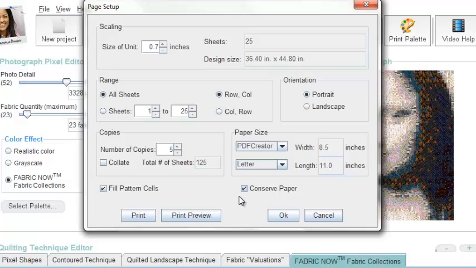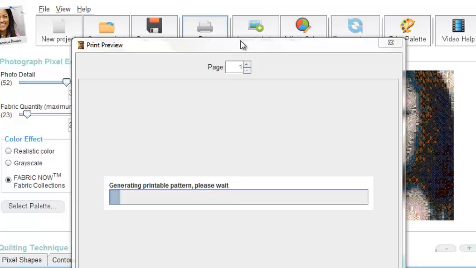So double check. If it gives you a better quality and you can use a smaller number of pages, you know, try that out. That's what it's good for. And again, you can just go directly to print, or you can preview. You can preview before you begin printing, and I'm going to show you a couple examples of what the pattern